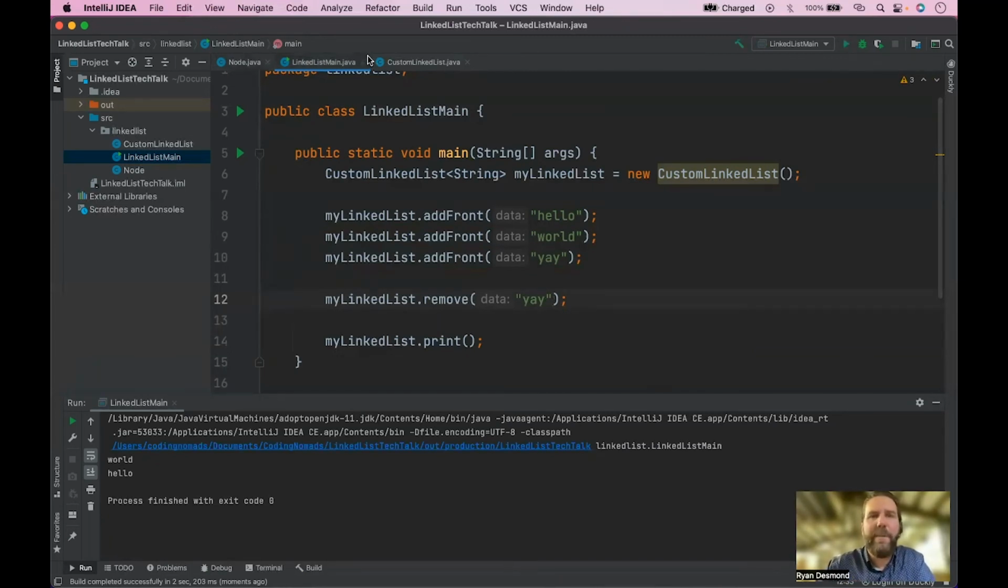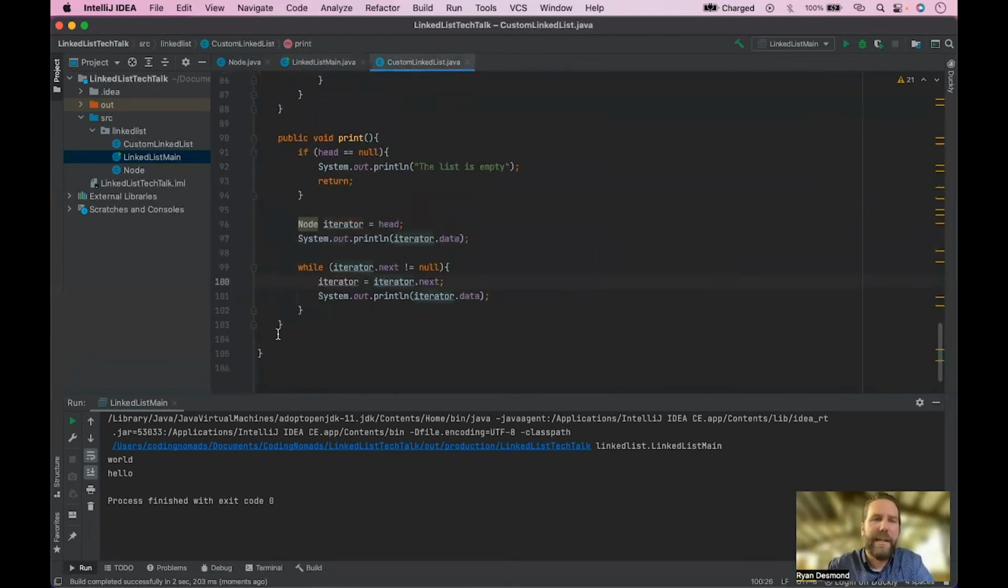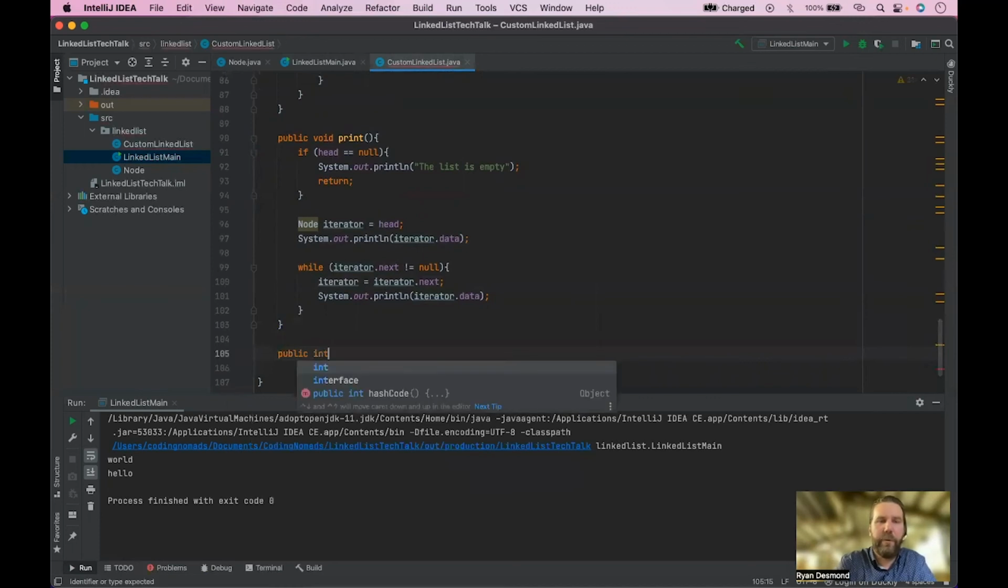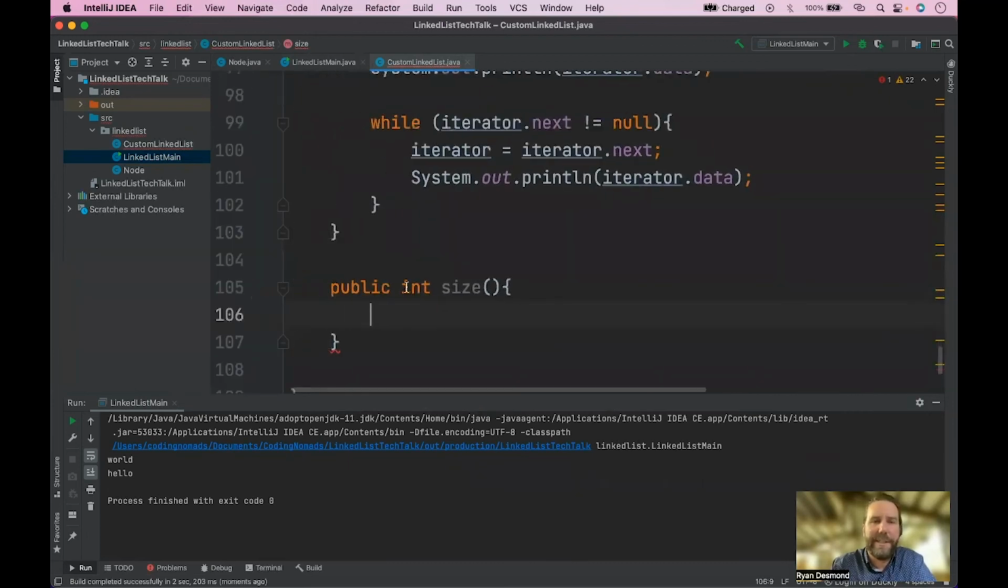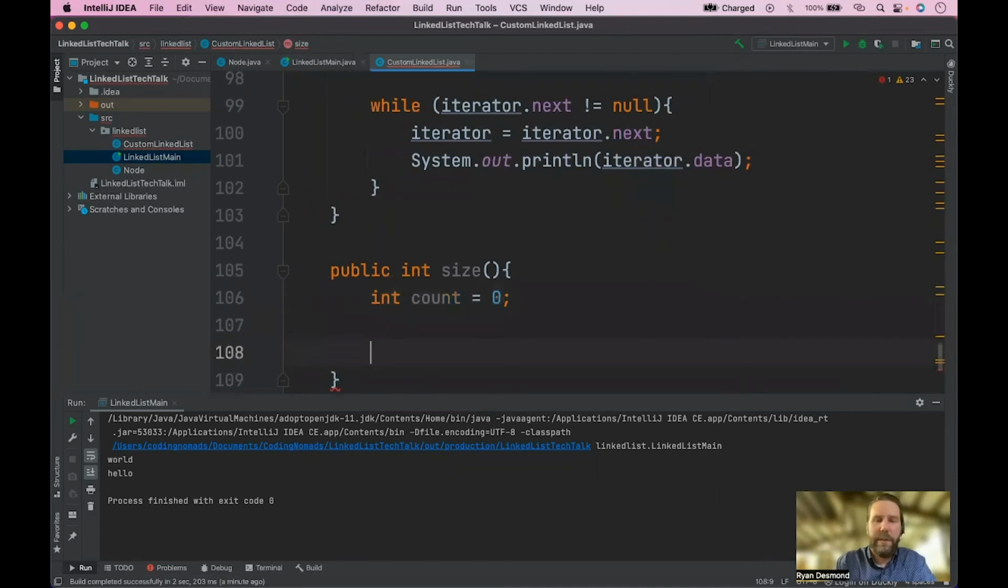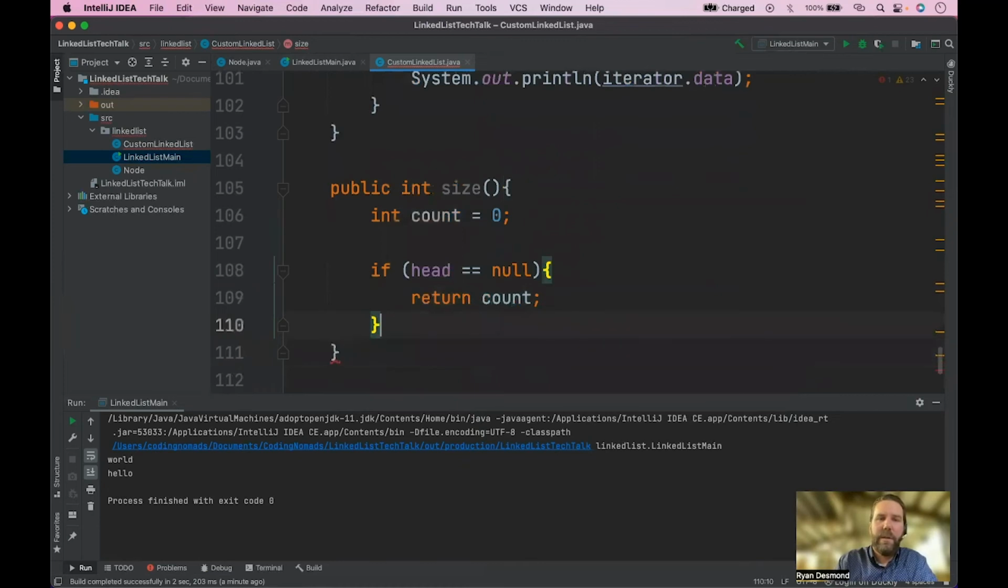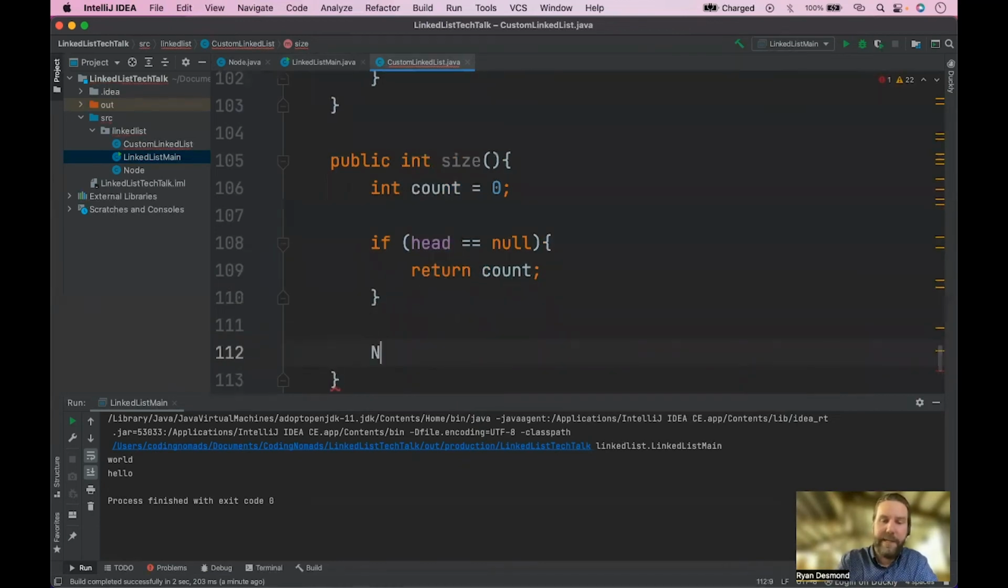So with a couple of minutes that we've got left, it can be really nice to have, for instance, a size method. In any kind of data structure, it's nice to be able to very quickly check the size of it. So I could just say int count equals 0. Always check if head equals null, return count, which is currently 0. Otherwise, create an iterator